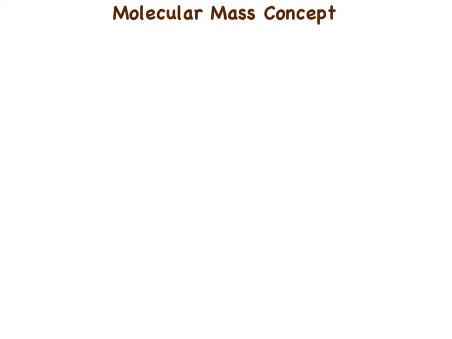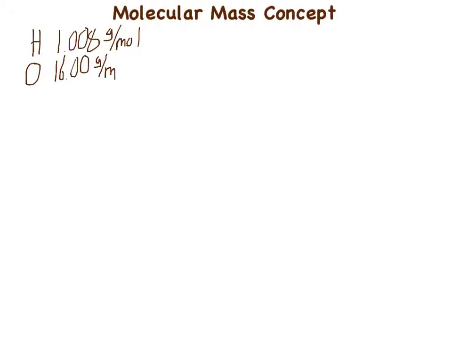Today we're going to be going over the molecular mass concept. So in a previous video we've gone over atomic mass, which for example the atomic mass of hydrogen is 1.008 grams per mole, and the atomic mass of say oxygen is 16.00 grams per mole. Units are important. So what does atomic mass, or molar mass, mean? All it means, these numbers mean, is that 1 mole of hydrogen weighs 1.008 grams and 1 mole of oxygen weighs